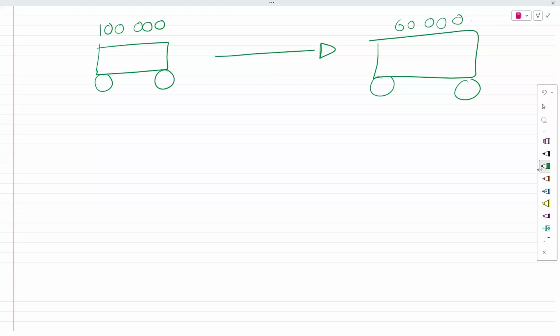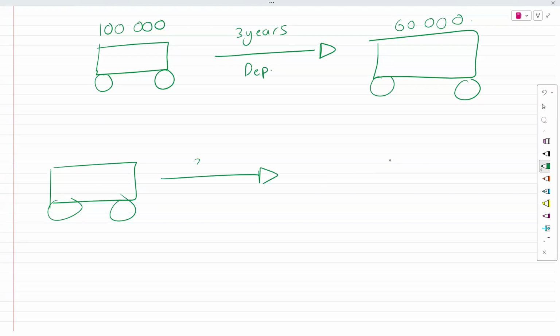So you and I are still paying for the car. So what's going to happen is, let's say this takes 3 years and this was just depreciation. So it's fine. That's one calculation. We found out how much it's worth after 3 years. Now the second part is to find out, hey, I know this car cost 100,000, but also I'm paying a loan for 3 years.